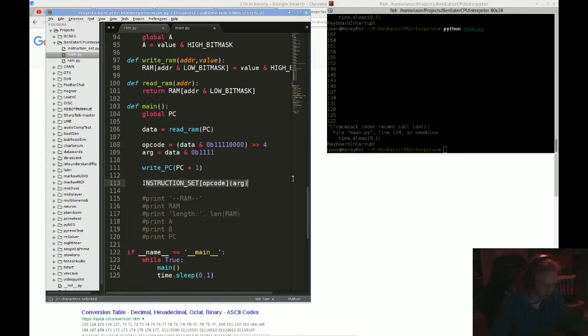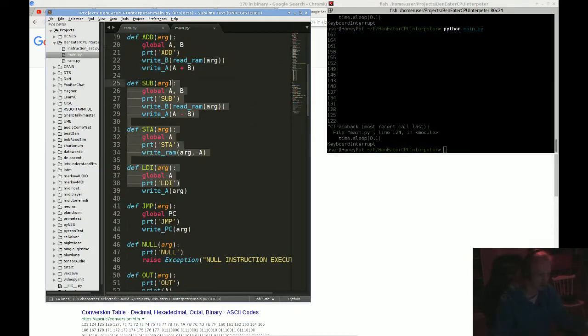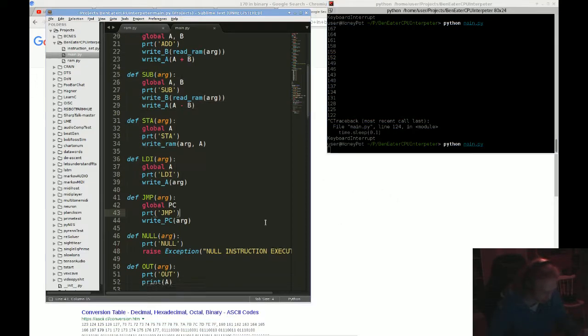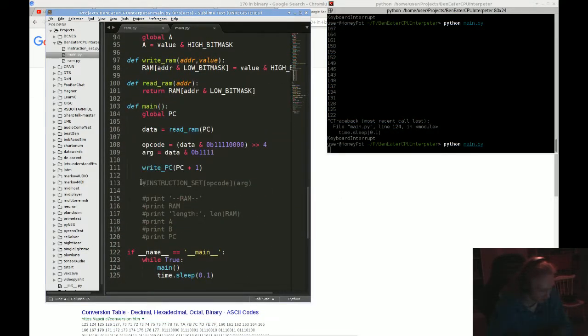So without this, the CPU is nothing. Without this, it won't do anything. Which seems pretty obvious because it just won't run the opcodes, but theoretically, it's still ticking through RAM. The program counter is still increasing over RAM over and over again, even though it doesn't do anything. But when you have your instructions which actually execute,